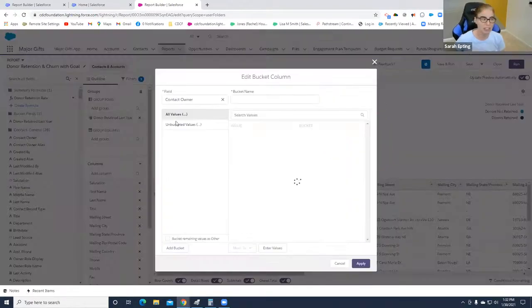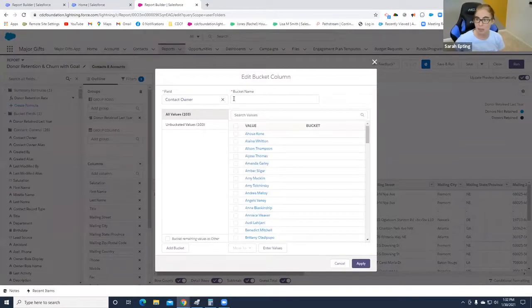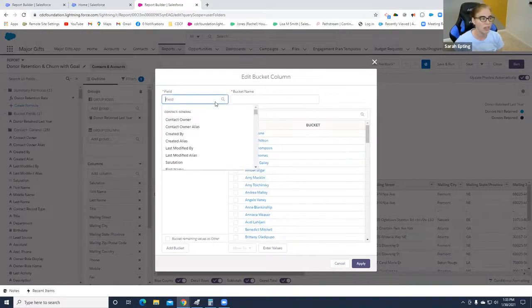And so what a bucket field enables you to do is take a number field, like if you wanted to do a gift range, for instance. So I could take the amount of the gift and then I could say, okay, well, if it's greater than or equal to one number, or 50, then I'm gonna put it to 0 to 50, or less than or equal to 50, then it's 0 to 50, and I can do different ranges. So what we're gonna do is we're gonna find the total gifts